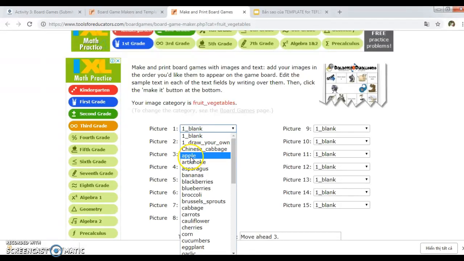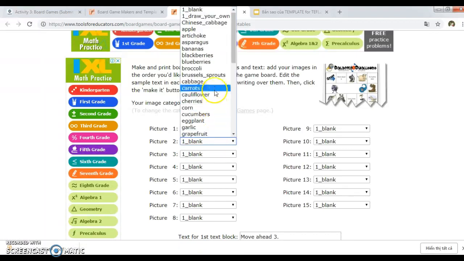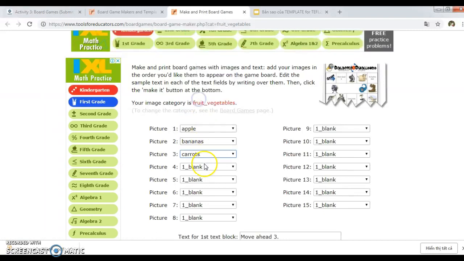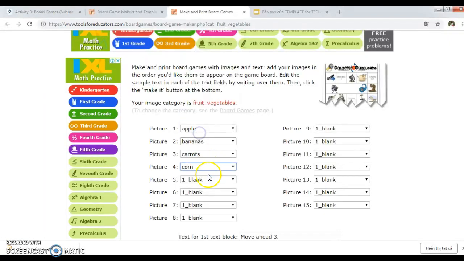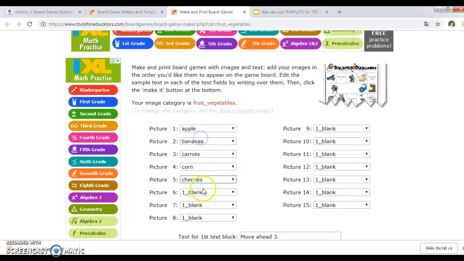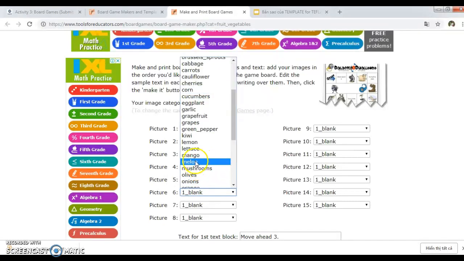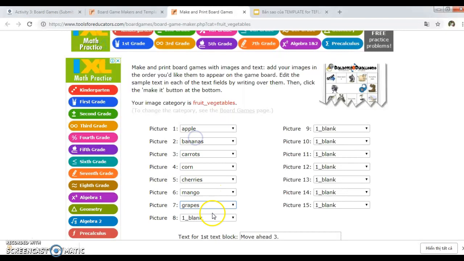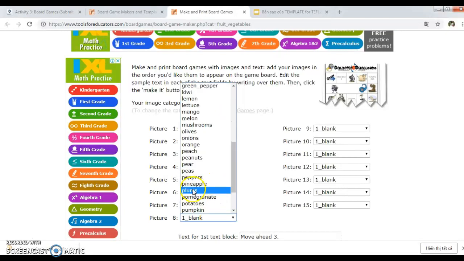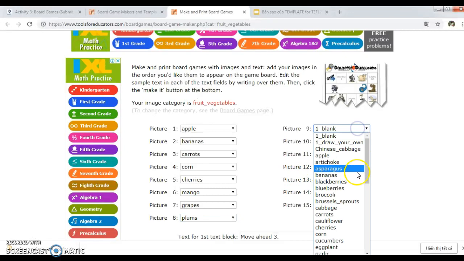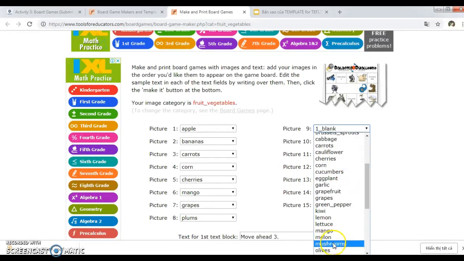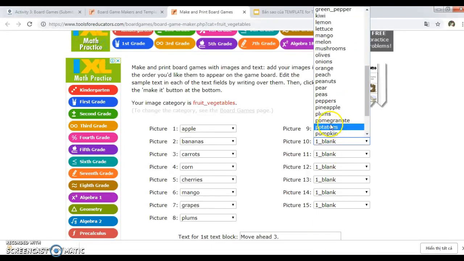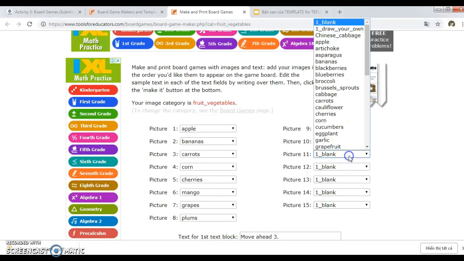And vegetable, I choose apple, and this one I choose bananas, carrots, corn, cherries, mango, grapes, plum, olives, pineapple,